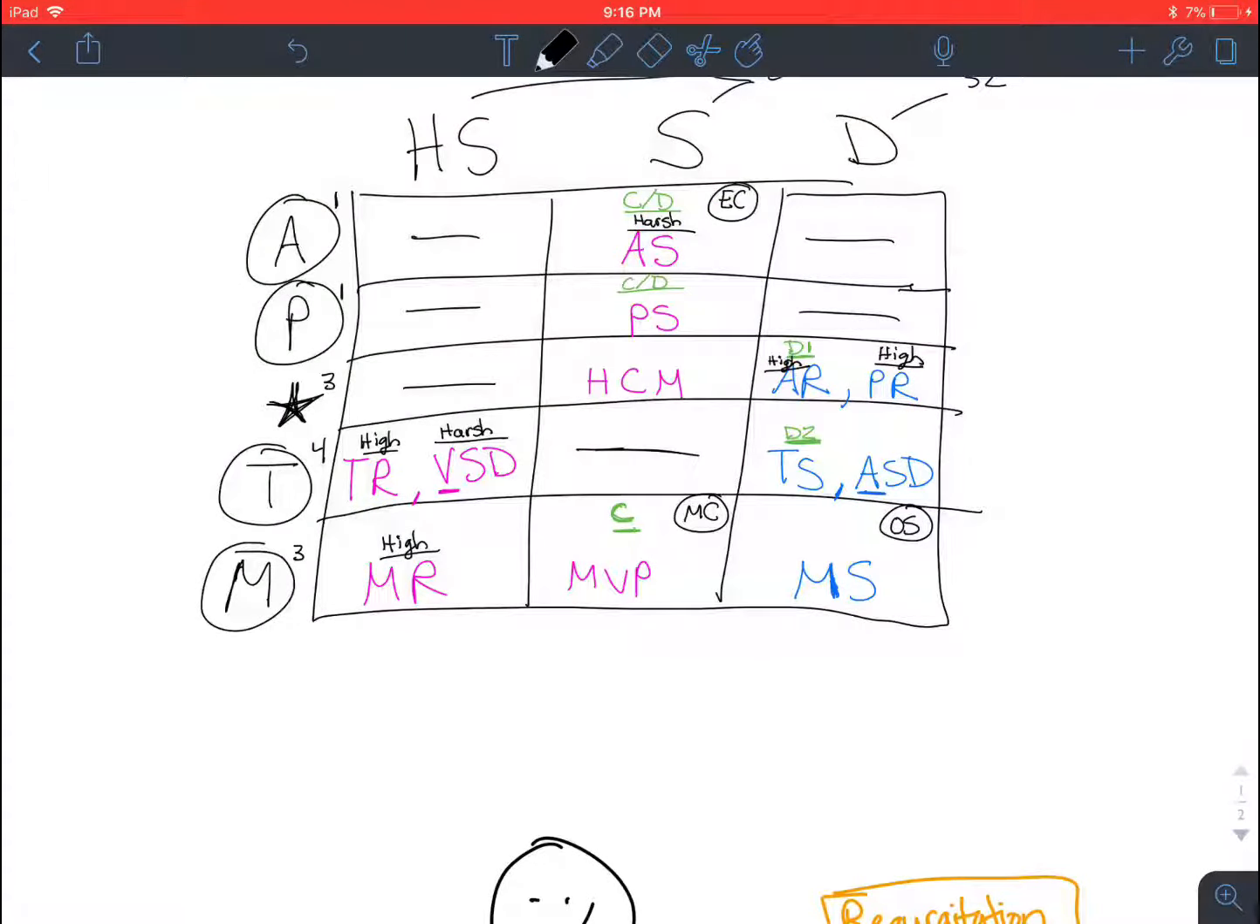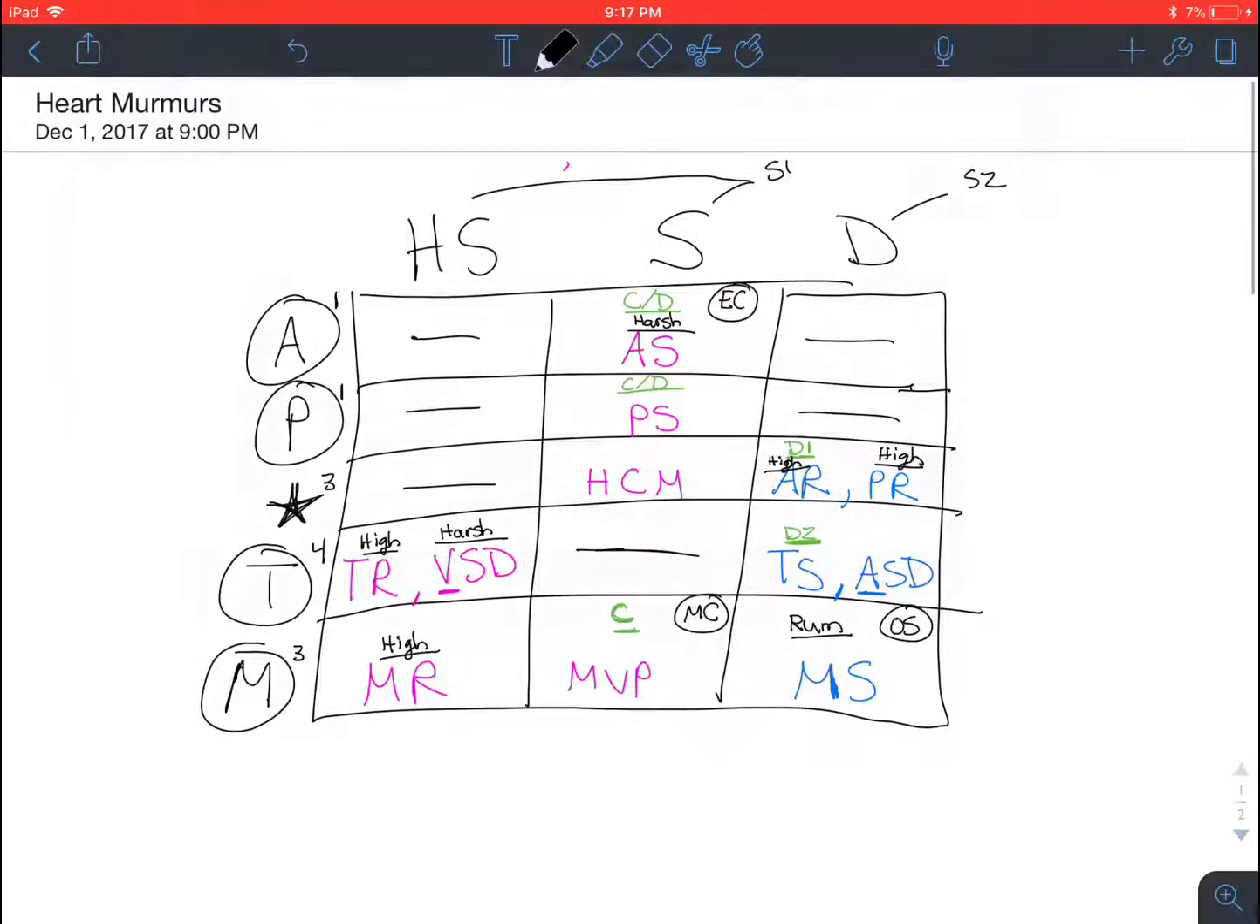And then you also want to put in rumbling. So that will be for mitral stenosis. So you can think of this Miss over here loves her rum. Oh, yes, she does. Okay, and then there's actually one more murmur that I didn't include, which is patent ductus